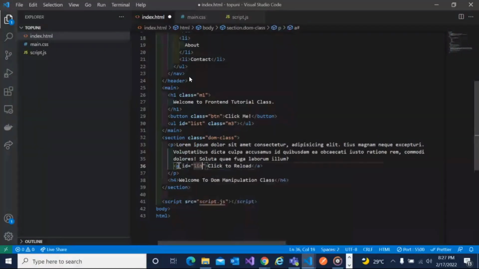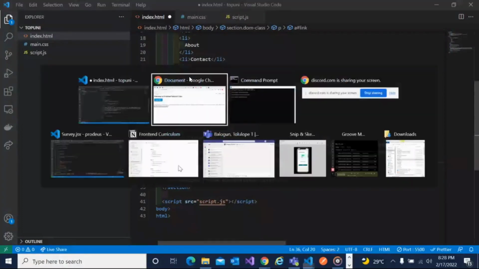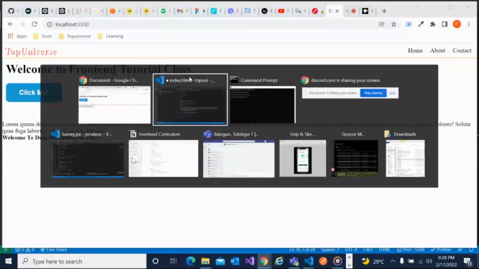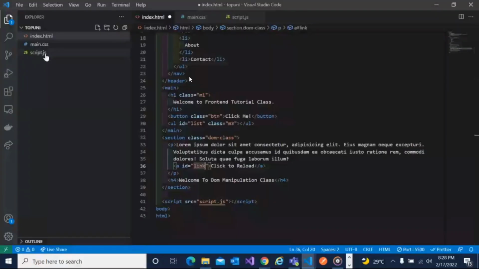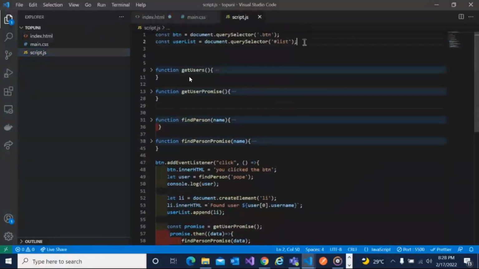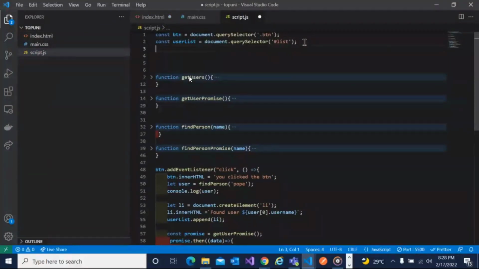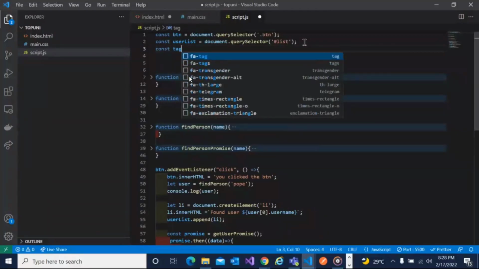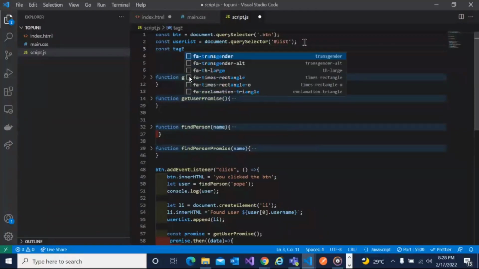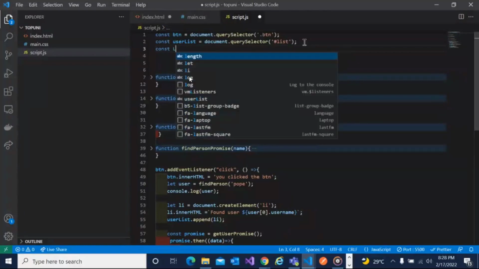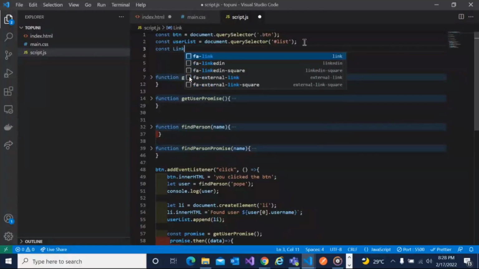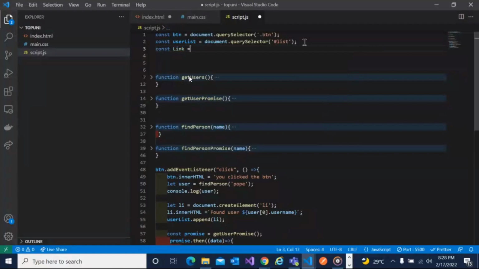Now inside our JavaScript here, we want to get hold of it. Let's call it link, equal to document dot